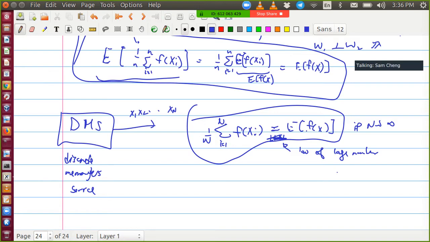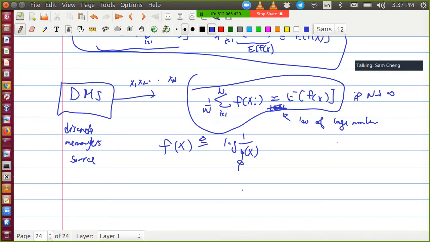Yes, from earlier, we take a function of the output of this sequence and take the average of them, which will be just equal to the expected value of that function of x. Now let's take the function as follows. Let's define f(x) as log 1 over p(x). So this is the probability here, right?